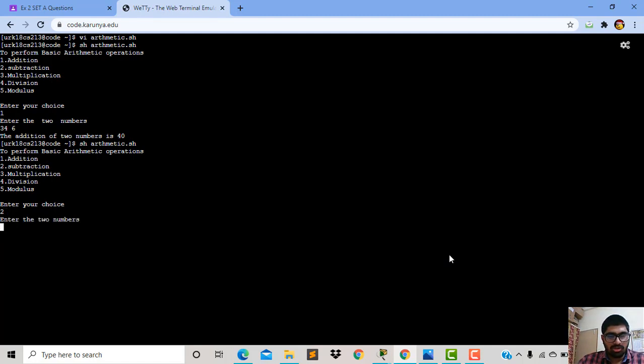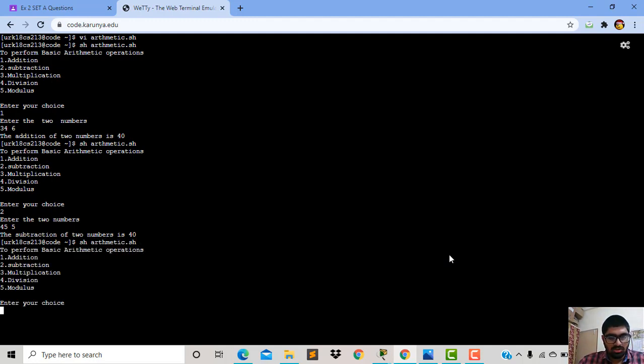Enter two numbers. Here 45 minus 5 is 40. To multiply two numbers, I am using 3 into 5, and it gives 15 as the result of the multiplication.